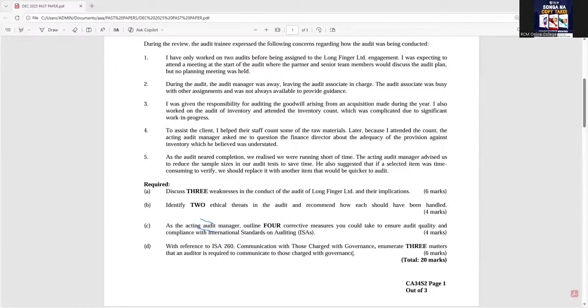And therefore, there are matters that during the audit engagement, the auditor normally communicates to them. Just what you've been informed by Otieno, that is correct. The scope of the work you're going to conduct, you will communicate to them. The kind of work you're going to be involved in during the audit. Then your audit findings, that is correct.